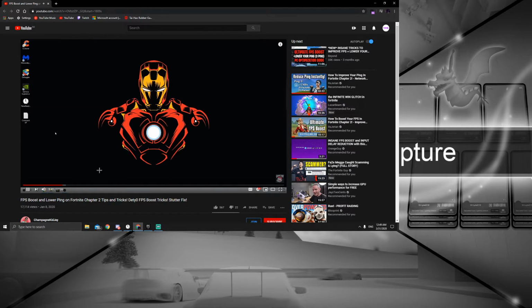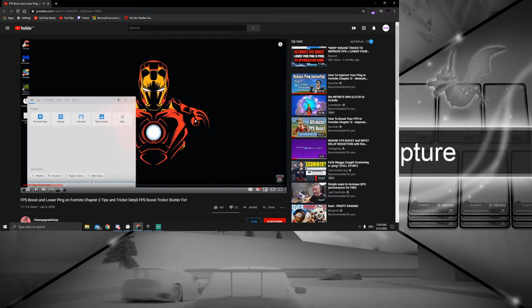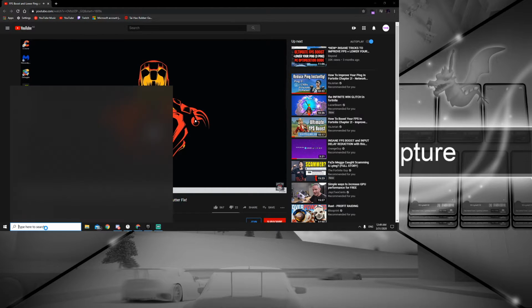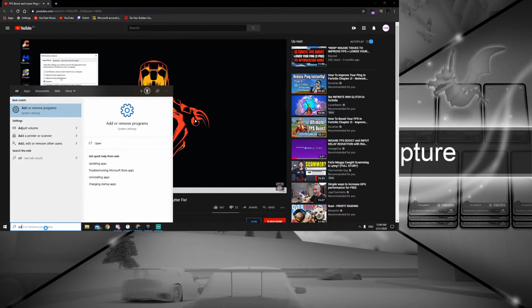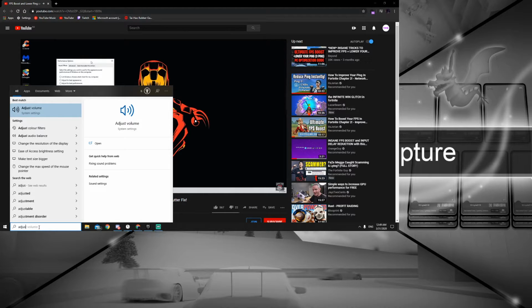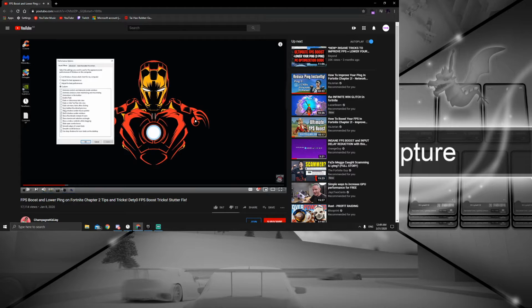Next thing for PC optimization, again, you can do is go to search bar, adjust the appearance and performance of Windows. Click on that. This is gonna come up. You can just click here, adjust for best performance. But I do not recommend that because your Windows is literally going to look like Windows 1998. So just go to custom and